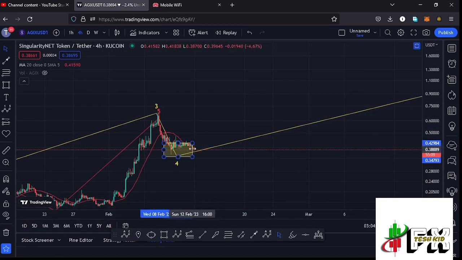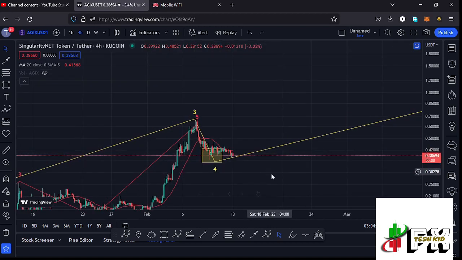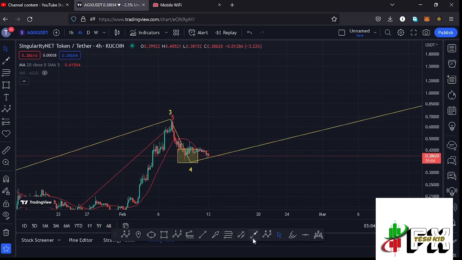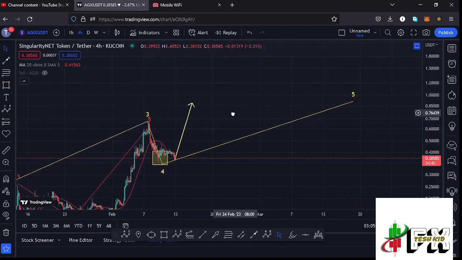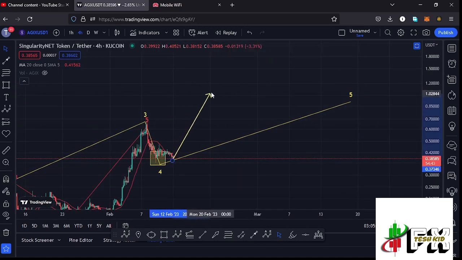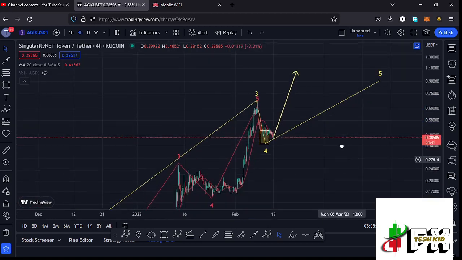And for that to play out, I'm also expecting to see a break above the 20-day MA here on the AGIX chart. And once we see a break above the 20-day MA and have the support that we need, then that could be the start of another explosive move to the upside to give us a high above the high for that wave 3 at around the $0.67 mark. And once we manage to break above the wave 3 high, then that will be enough confirmation that whatever we are seeing over here is the massive bounce to the upside in the formation of that wave 5,